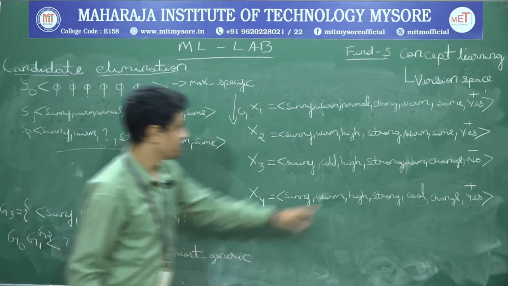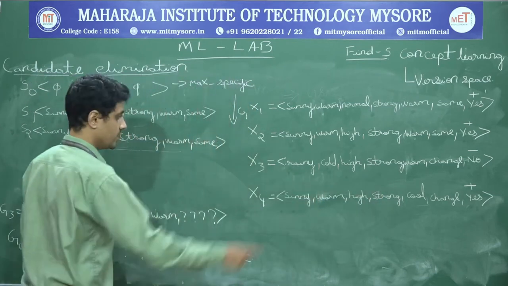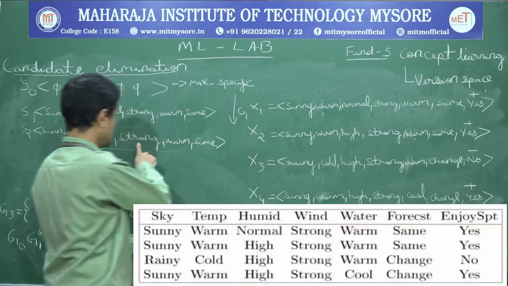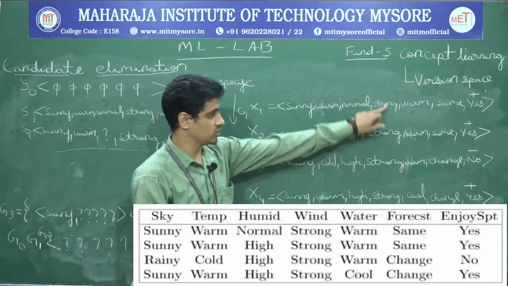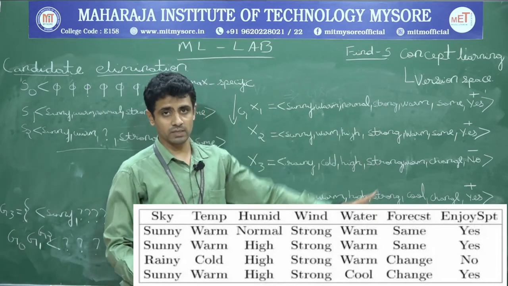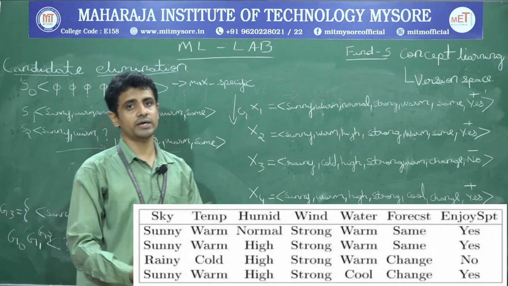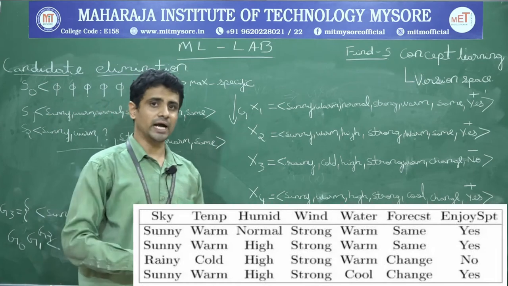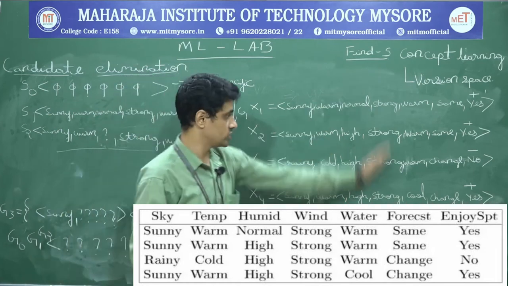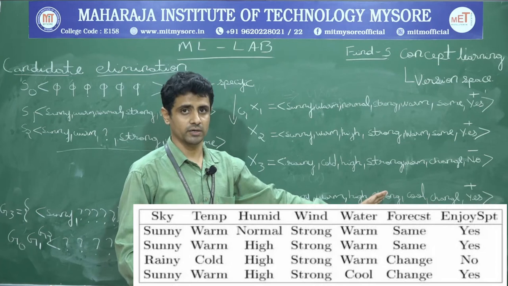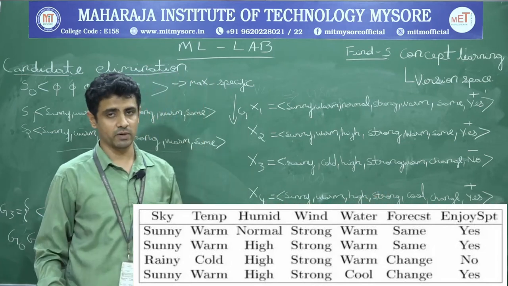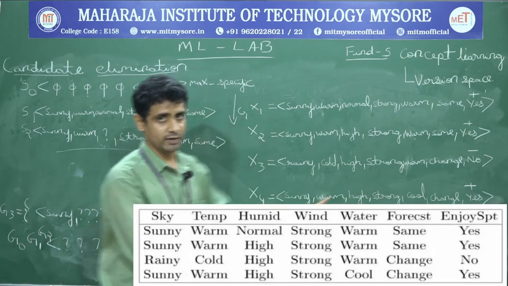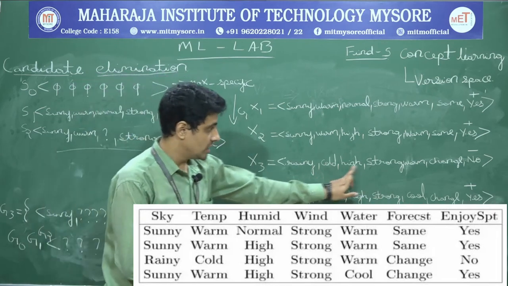Okay, next, strong. We have strong here, and the specific also has strong. If you want, you can see with other attributes also, everywhere it is strong only. It means that in this case we need not replace it with any other attribute. Why? Because strong is the only attribute value for this fourth attribute. It cannot be any other value, so it cannot be negatively classified, because the only option for that value is strong. So it remains as usual, no changes.